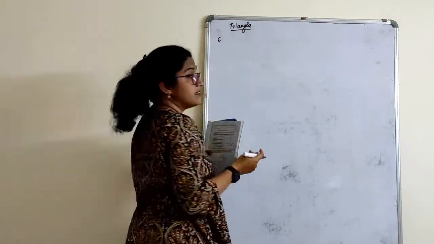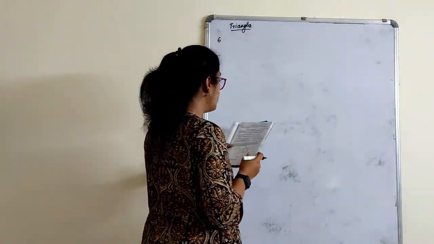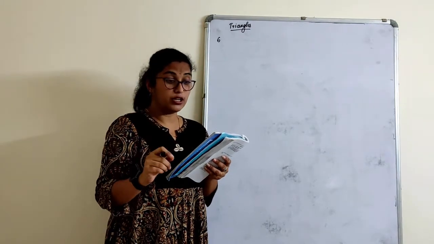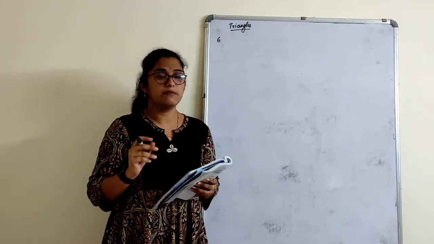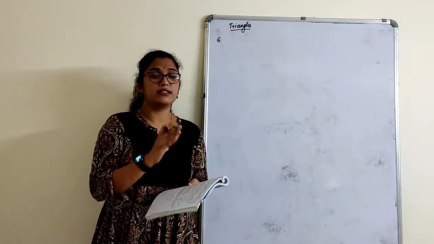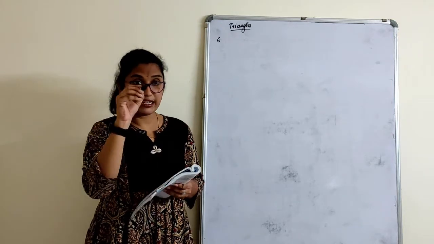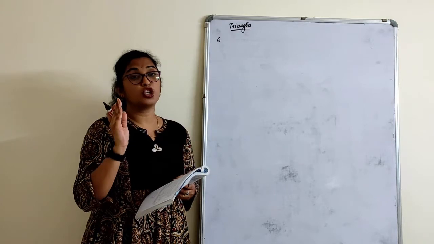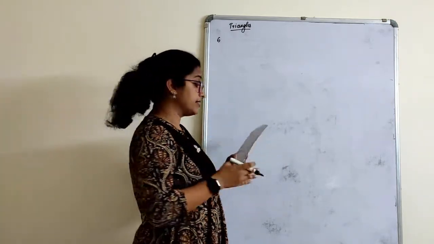You can take this in session 6 only as the last sum. Show that of all the line segments drawn from a given point, not on it, the perpendicular line segment is the shortest. In simple terms, in a right angle triangle, when we talk about that right angle, that line is the perpendicular line. That is the shortest distance, or the shortest line among all the lines.